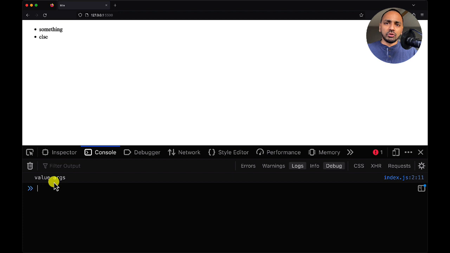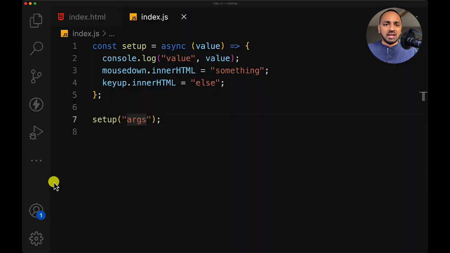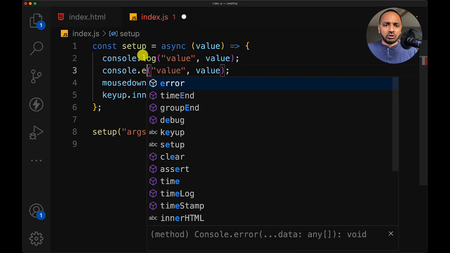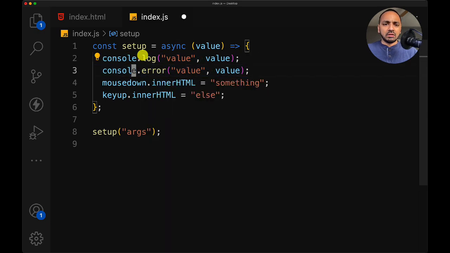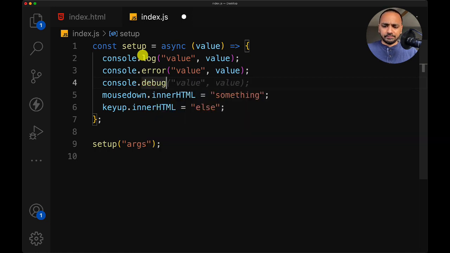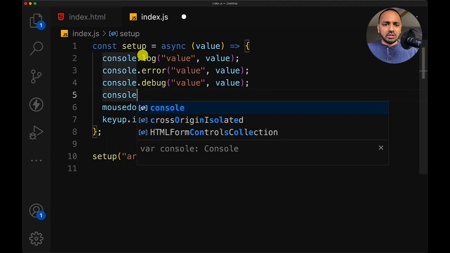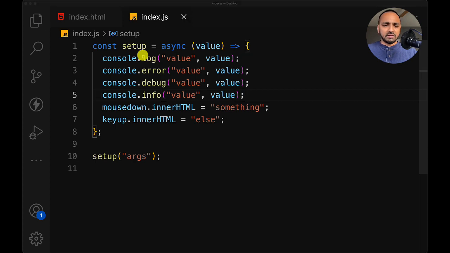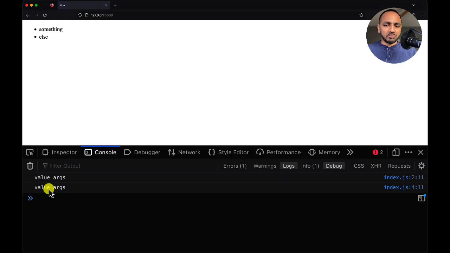So that's one way to do it. You just put console logs in different places. And there's not just console log. I'm going to switch back to my VS Code for a bit. There's console error. There's console debug. Sure. There is the console info. Sure. Perfect. Save all of that, and we can see that some of them show up, some of them don't,